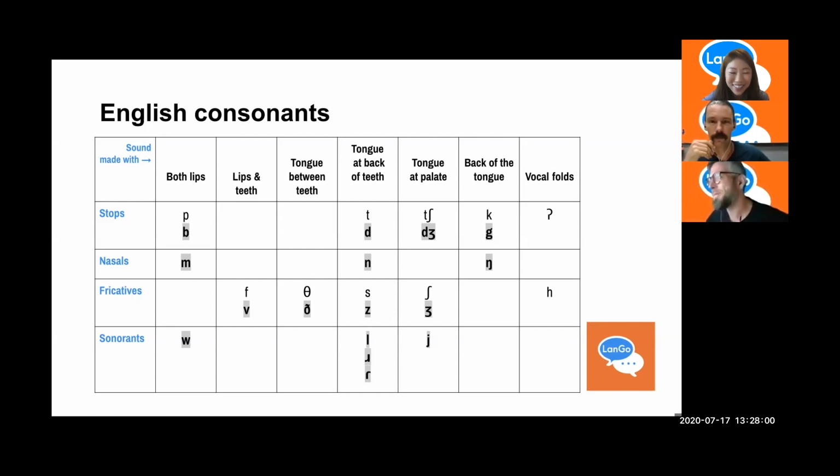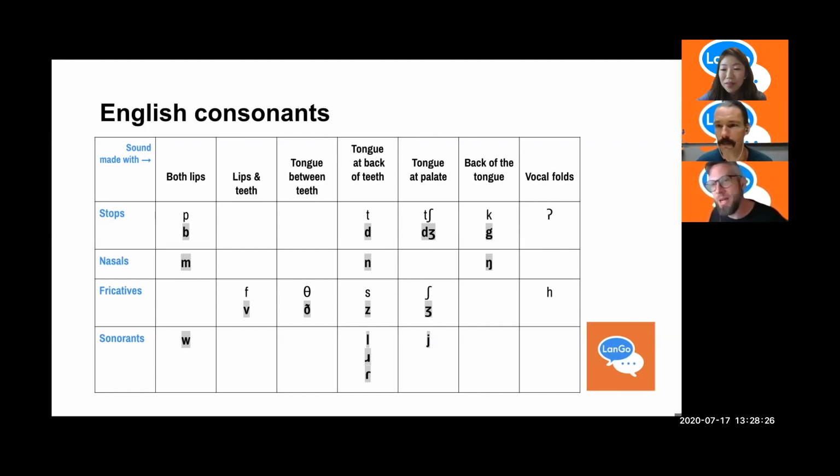The next one is between tongue and teeth, sometimes called interdental as well. And this is written with TH in English as though it's one sound. It is not one sound. And I can give you a minimal pair right now. What? That's right. I'm going to use my own words against me. So